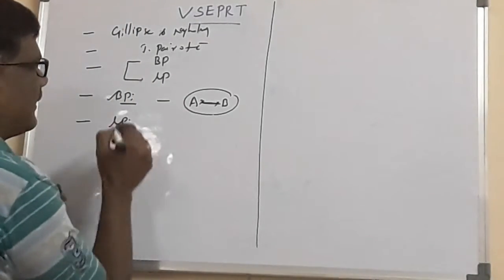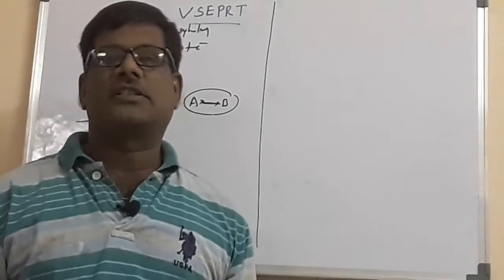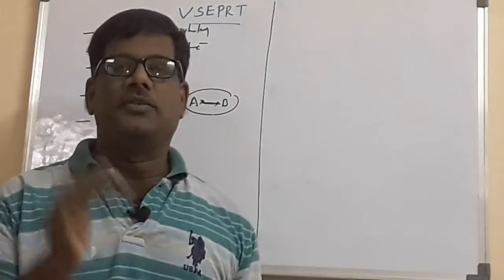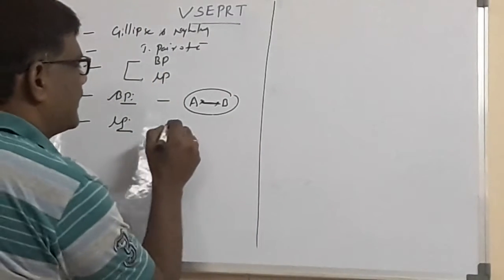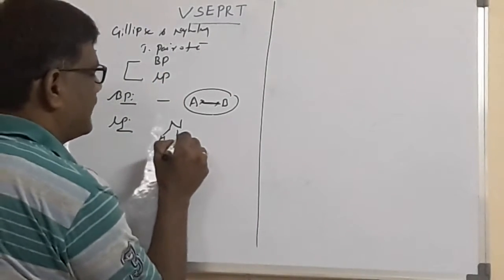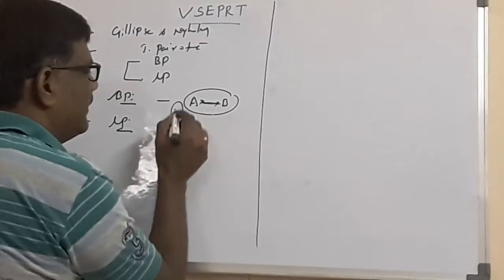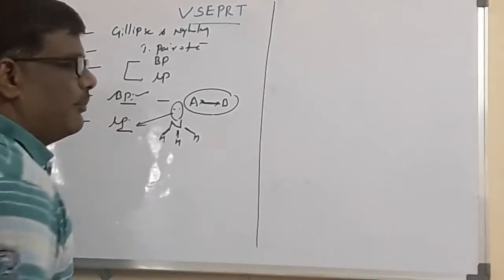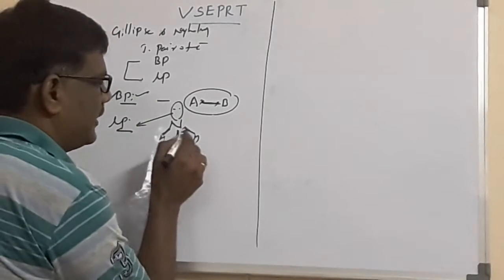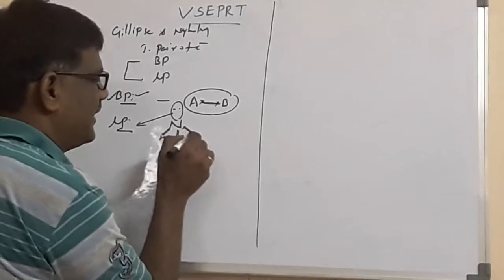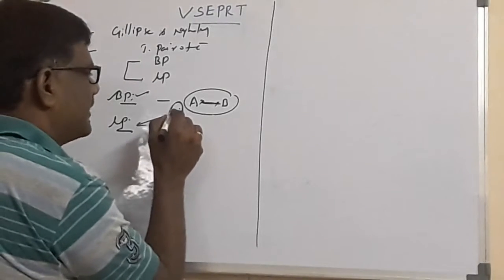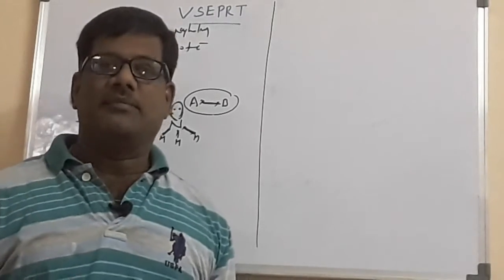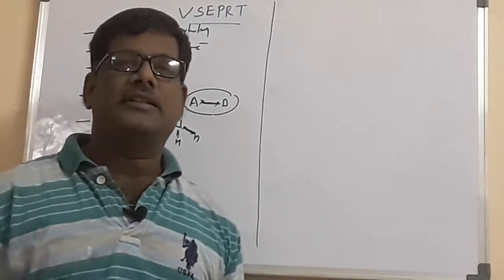What about the lone pair of electrons? The pair of electrons which does not involve in the chemical bonding but lies on the central atom is called the lone pair of electrons. Generally you will observe ammonia, NH3, like this. These two electrons are called the lone pair of electrons. Here these electrons are called the bond pair of electrons. In the N-H bond, two electrons are participating in the bonding. That's why this pair is called the bond pair. Here on the central atom we are showing one pair of electrons which is not participating in the chemical bonding but lies on the central atom, and which is called the lone pair.